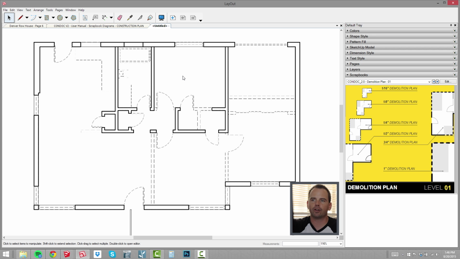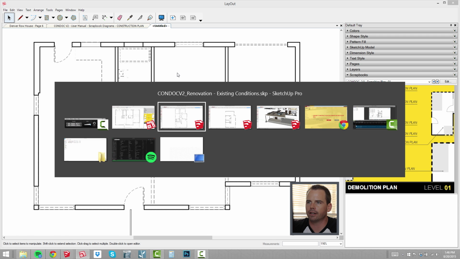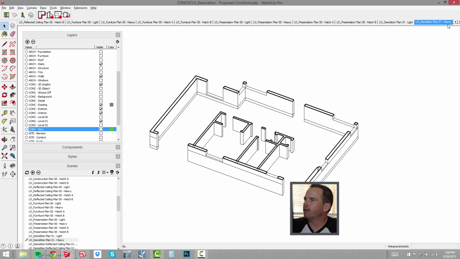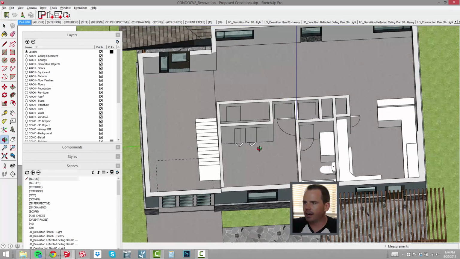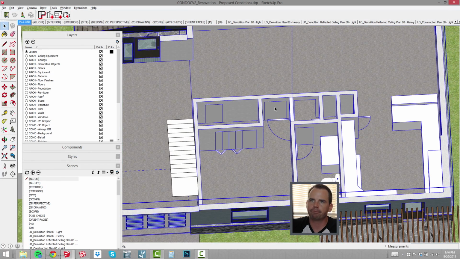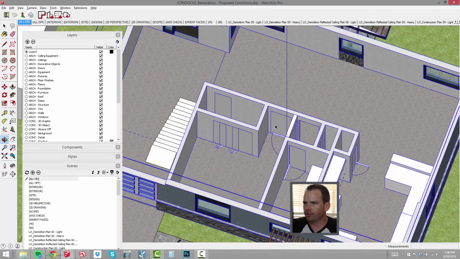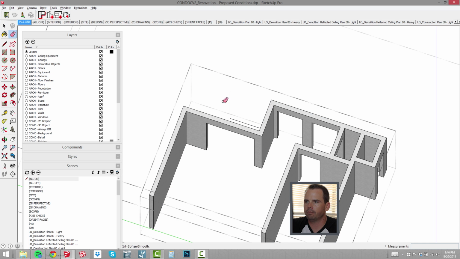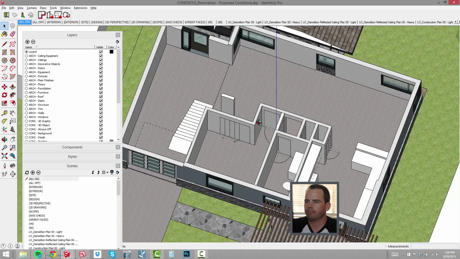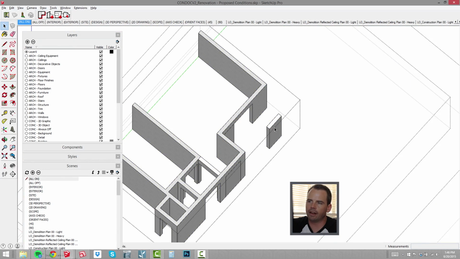And this is dynamic. So if I were to go back into the model and start moving some more stuff around, like let's go back to our proposed conditions, and let's go to our design all on. So let's just say that I decide that we're going to get rid of, what are we going to do here? We're just going to trash a wall. So I'll just go in here and say, let's just push this, and then just clean these guys up like that. All right, and then this new wall, we really don't need that new wall anymore, so we're going to